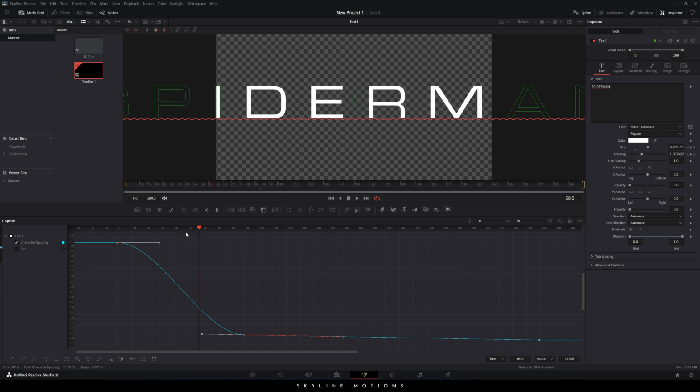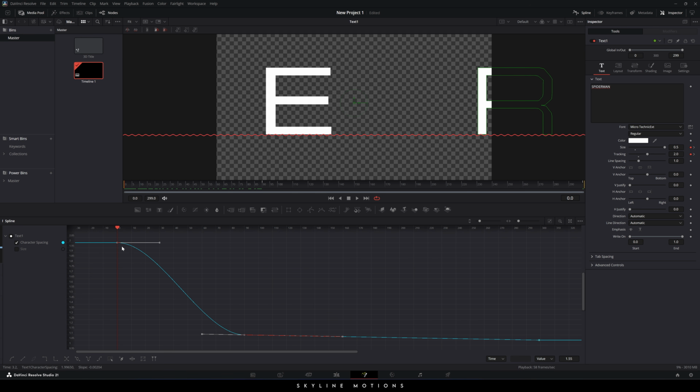Just place the CTI at the very beginning of this animation for marking, and hold this handle, hold Shift on the keyboard and drag it like this. Perfect. And make a curve something like this. Now select these two keyframes, hit S on the keyboard to make it smoother, and repeat the same process for